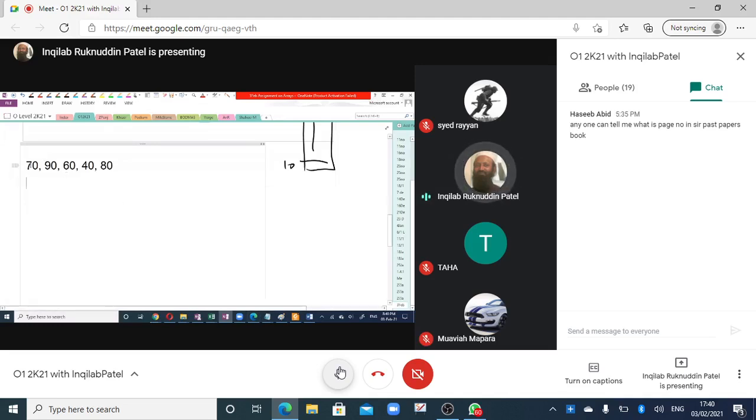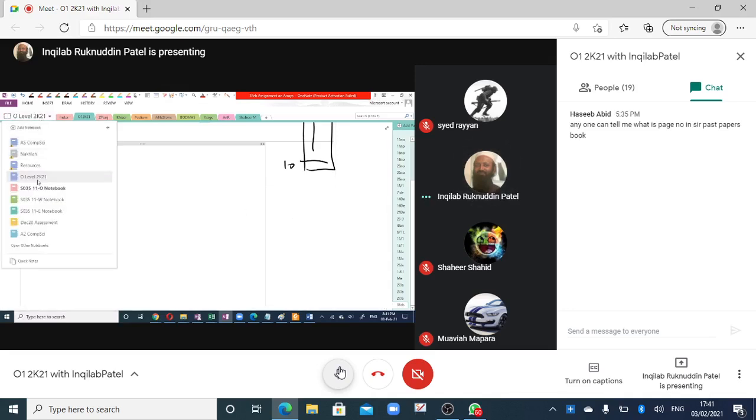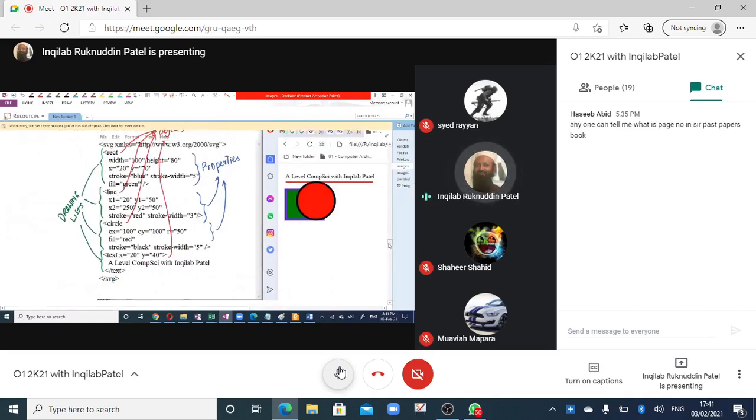Basically, what can we do? We can say that 90 is the highest value. We can say that 40 is the lowest value, and we can say that the sum of these numbers is 100 and 100 and 150 and 250 and 90. This is 340. We can say that total of these are 340. Highest is 90 and lowest is 40. But this logic is applicable when we have only 5 numbers. If we have a lot of numbers, then this logic cannot be applied.